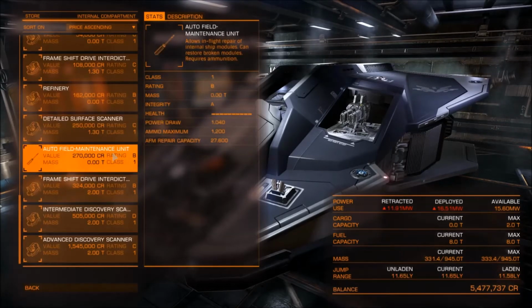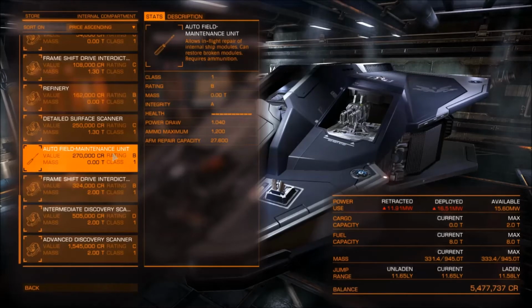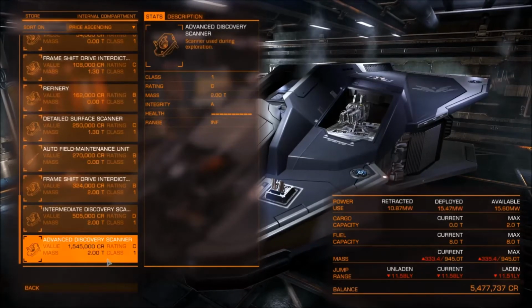You got auto field maintenance. It allows in-flight repair of internal modules and can restore broken modules. It requires ammunition though. I can't buy it because again it goes over my power usage. And then you just got all the other stuff that you will use, like if you're an explorer,